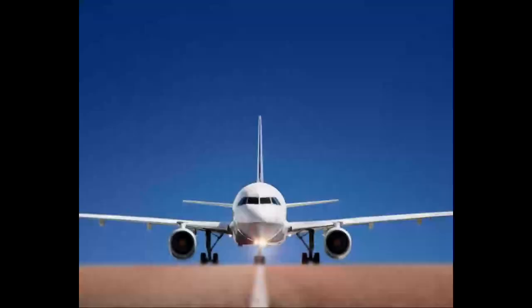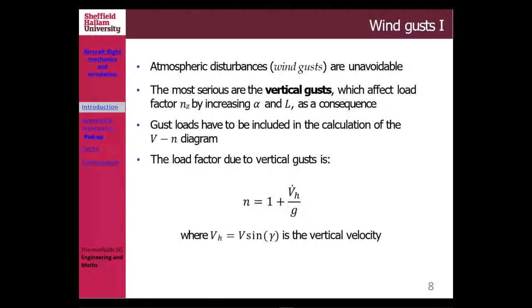So what you could do is superimpose your VN diagram with the wind gust load as well. If you go back to CS25, there is also a maximum gust load that you could consider adding to your VN diagram, apart from the normal standard VN diagram that we have